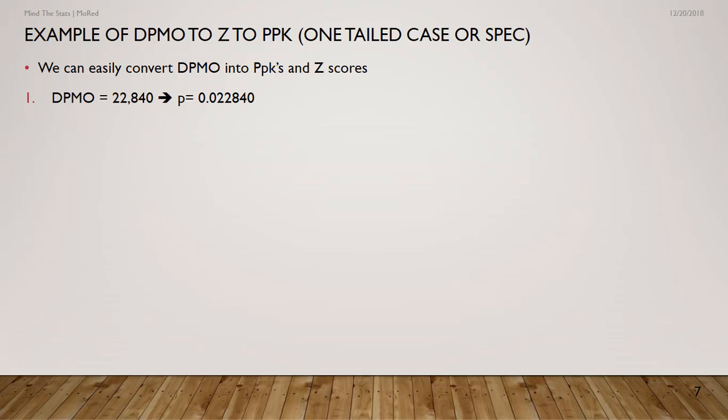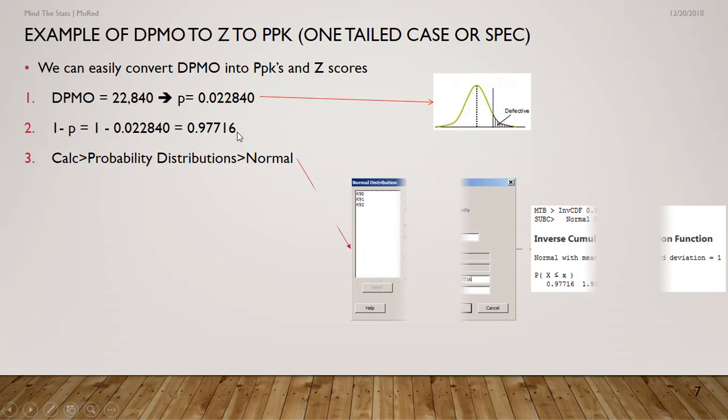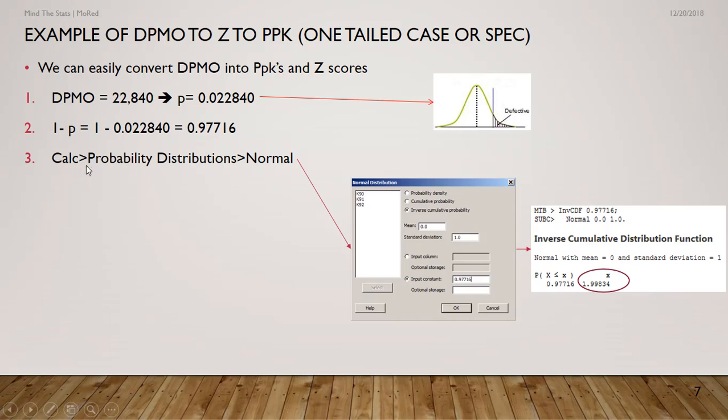We go from DPMO to the proportion of defects by dividing that DPMO value by 1 million, which represents the proportion of defective units. The area under the curve, as we said, is equal to 1, so if you subtract this proportion here, you end up with 0.97716. Now using Minitab, if you issue this command, calc probability distribution in normal, we use a normal distribution, and